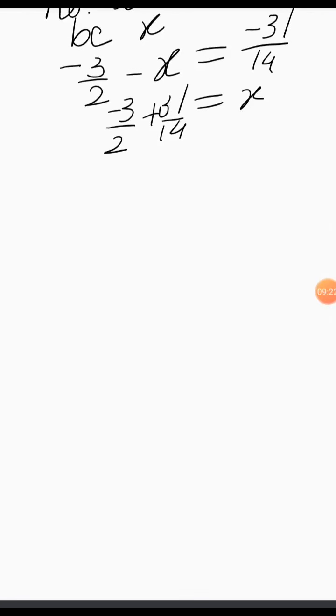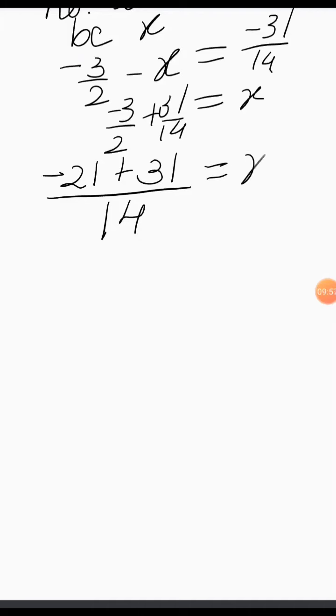Okay. Now you know, again the denominator is not same. So what is the LCM of 2 and 14? 14 is the LCM. Okay, so now here by what I will multiply this 2? By 7, so that you will get 14, and 14 directly we have written. So in the numerator also you have to multiply by that 7. So it becomes what? 7 into 3 is minus 21, plus, here the denominator is already 14, so numerator will remain as it is, equal to x.